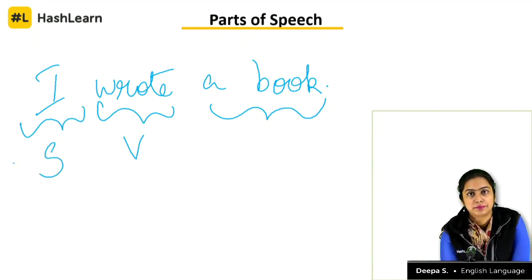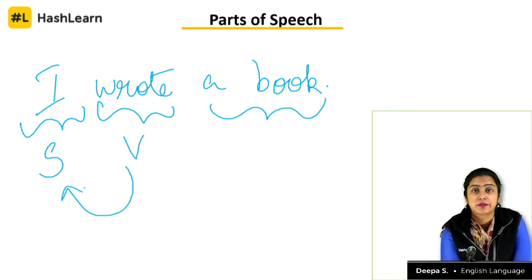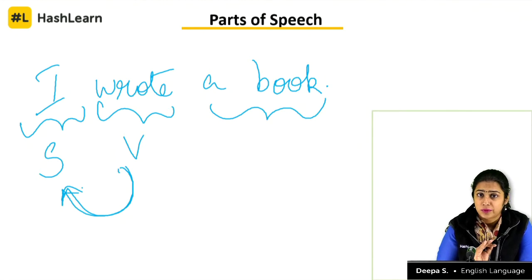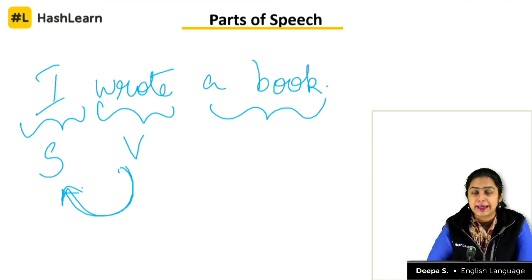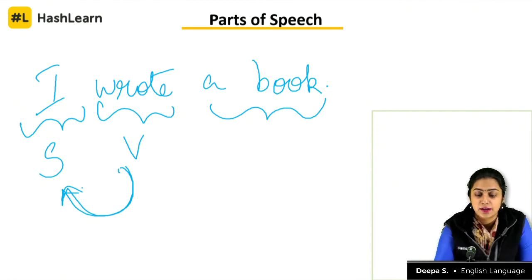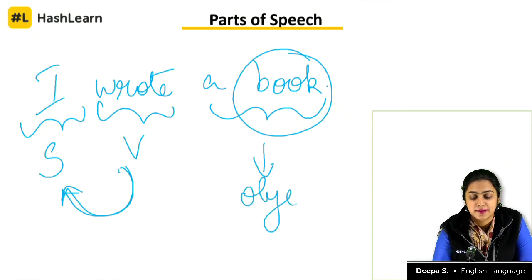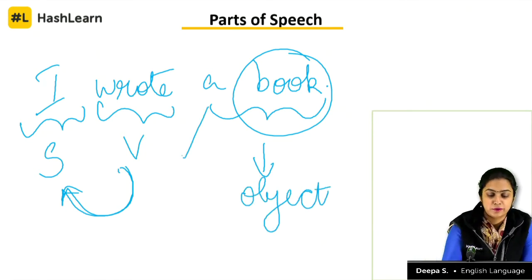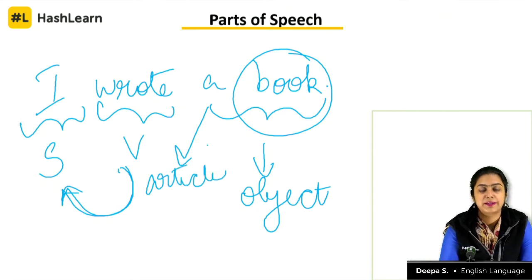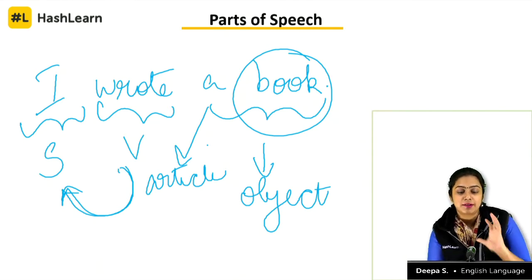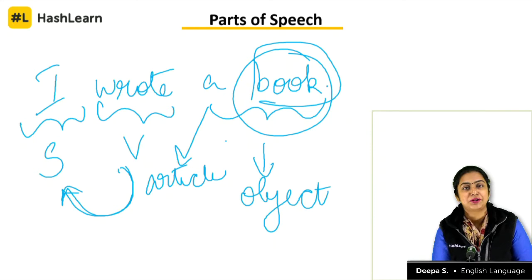I is the subject. Any problem there? Who does the writing? I am the subject. I am the one writing. Correct? So the verb and subject are connected. There is no confusion there. I am the doer. I write. I am the one who does the action of writing. Now, what did I write? This is the object. This is of course the article. We'll discuss that a little while later. But the book is being written by me. So this is where the action is happening, the site at which action is happening.